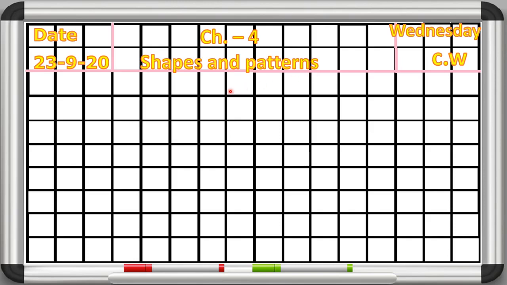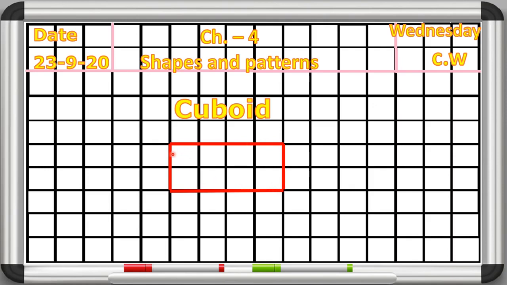Now we want to make a cuboid here. So first of all, we will write cuboid. Now beta, to draw a cuboid, we have to make a rectangle. So here we will make a rectangle by 2 standing lines and 4 sleeping lines. So let's start making it. It's 2 lines standing and 4 lines sleeping. Again 2 lines standing and 4 lines sleeping. So here we have made a rectangle.